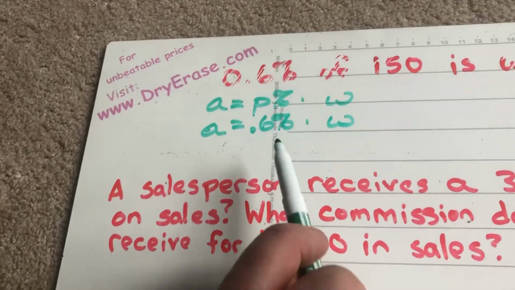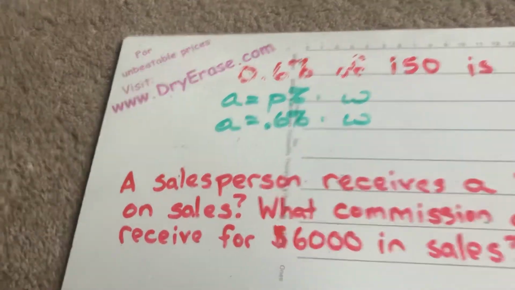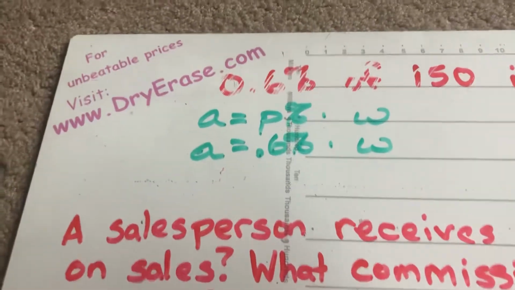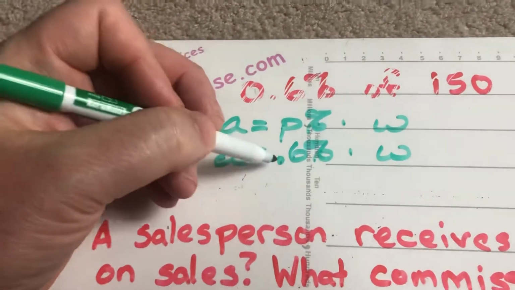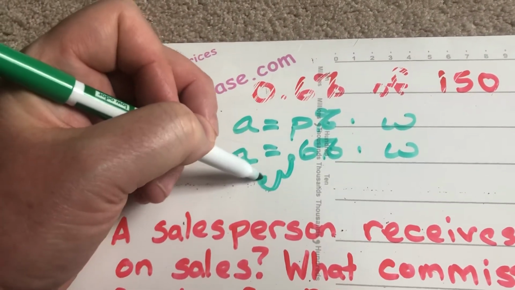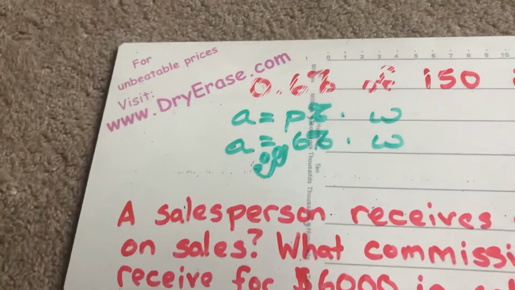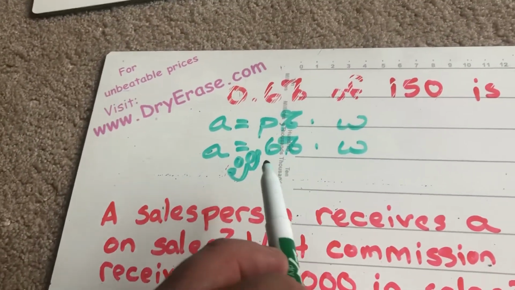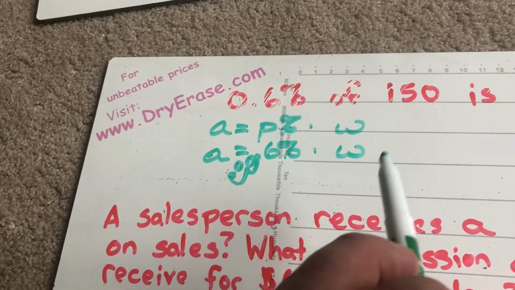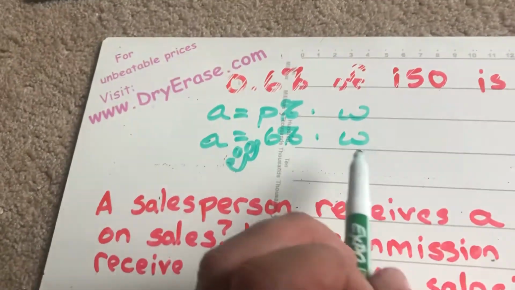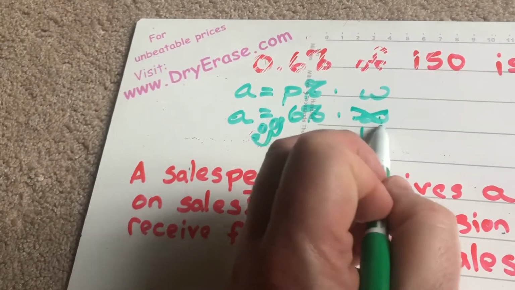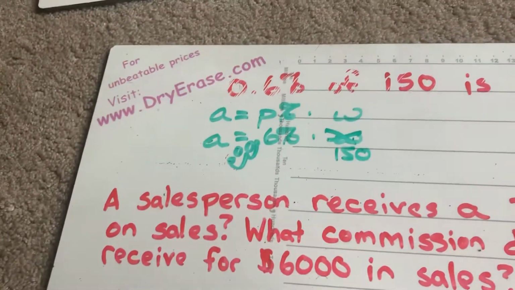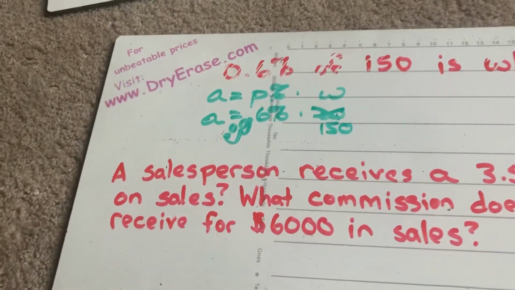Now, 0.6% already has a decimal, but it's not a decimal. Remember, it's a percent. So I have to take the decimal and move it twice to the left, and I end up with 2 zeros. So essentially, I end up with A equals 0.006 W. Now I know what the whole group is. The whole group is 150. So I'm doing 150